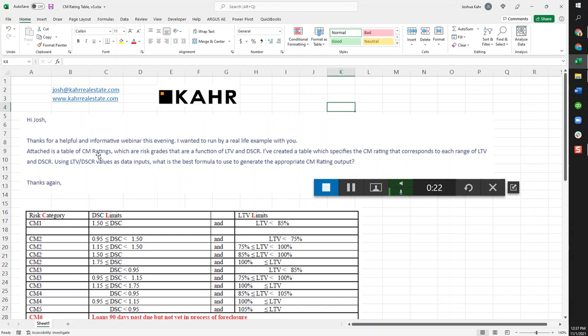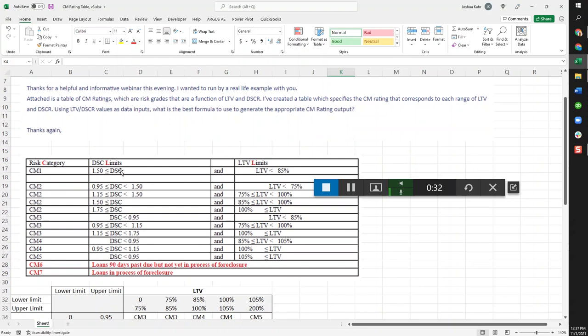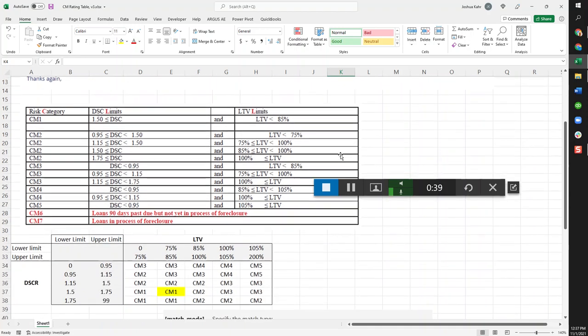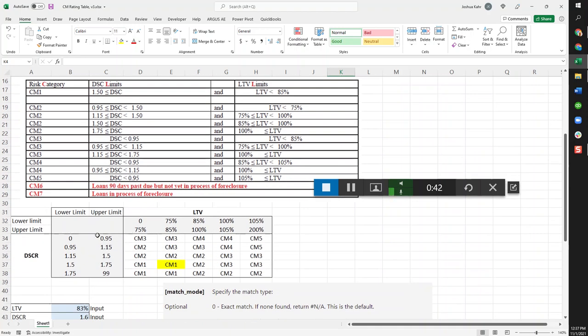That's a rating system for commercial mortgages where basically you give a risk grade based on loan to value and debt coverage ratio. And this person had this data where you got different ratings based on different rules, based on, say, debt coverage, based on, say, LTVs. They said, hey, I've got this table, and this table down here comes from up here, where they said, here are some different loan to values. Here are some different debt coverage ratios. Again, this information is from up here, and basically said, how do I build something, or if I built a